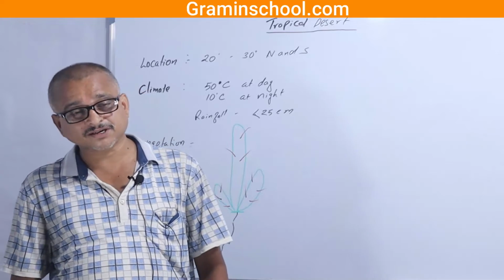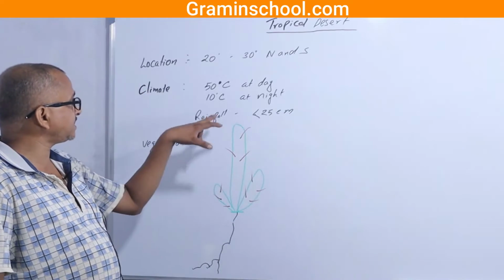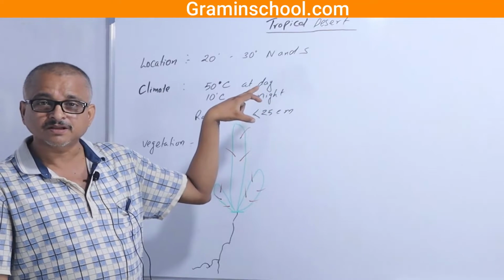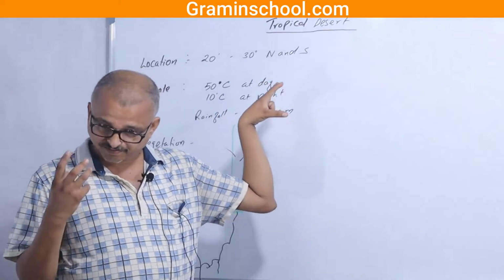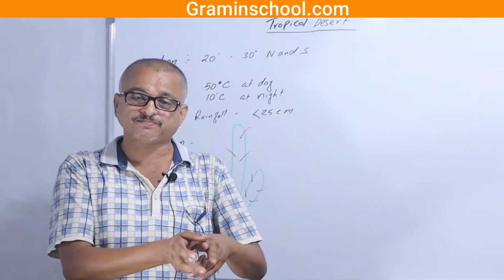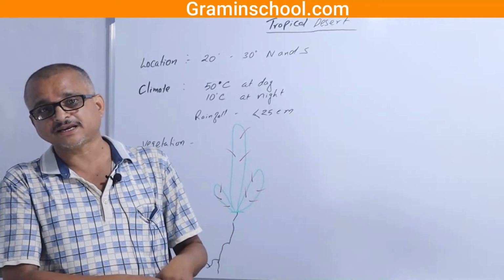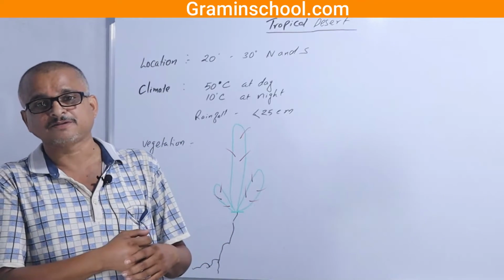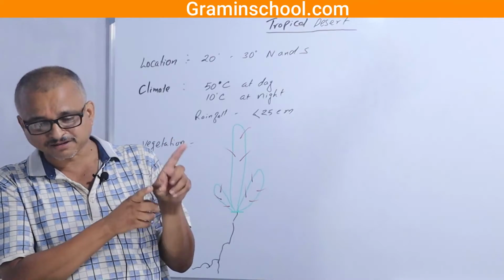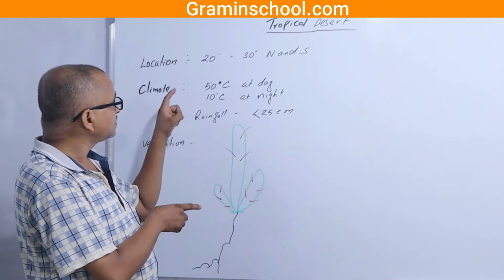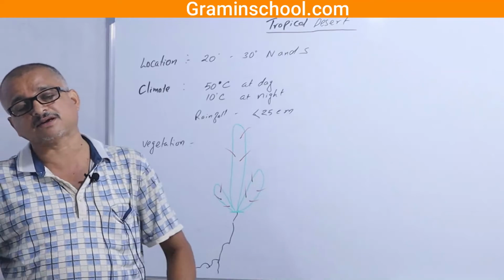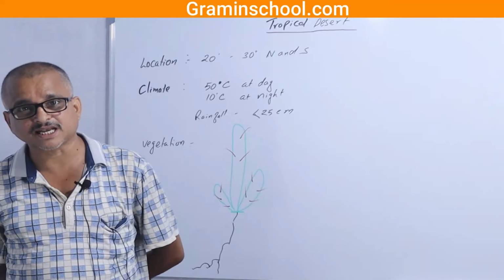You and me, the diurnal temperature, you could see 50 degrees Celsius in the daytime in shadow. If you want to bake an egg, put that egg inside the sand for a few minutes, and you could not believe your eyes, you could bake an egg inside the sand. Because I told you the temperature in the daytime in shadow is 50 degrees Celsius. Think about the temperature of the sand, how many degrees Celsius.